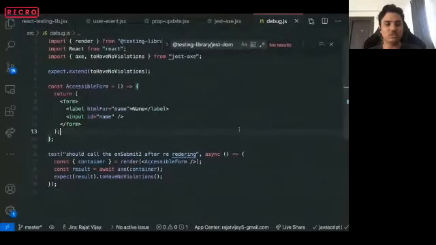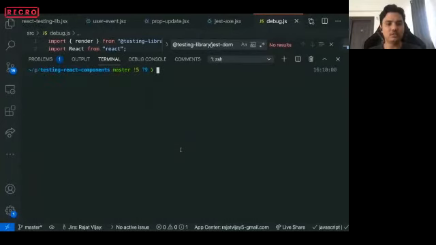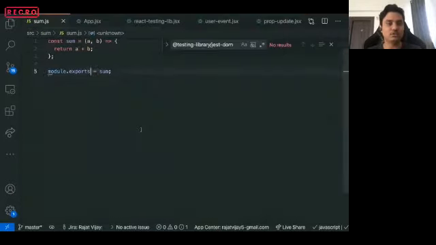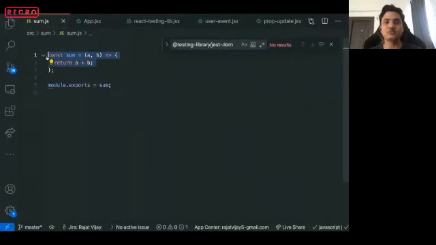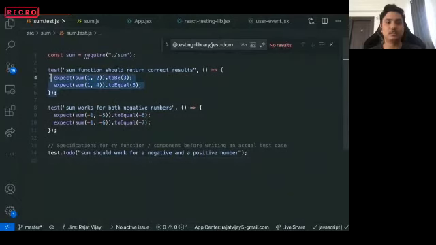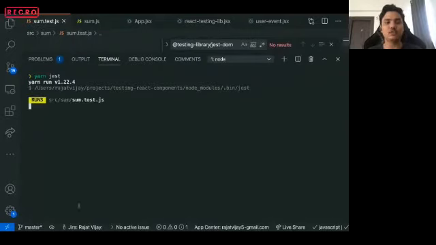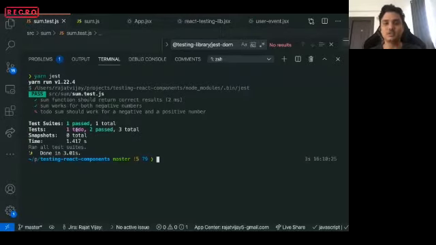Let me show you in the editor. You can see the editor also, right? So I have this function called sum.js. It's a very simple basic function, and it has a test case written for testing the expected outcome. Jest provides you a single jest command that you can run that will automatically find all of the test files that you have in a code base, and run your test cases against them.